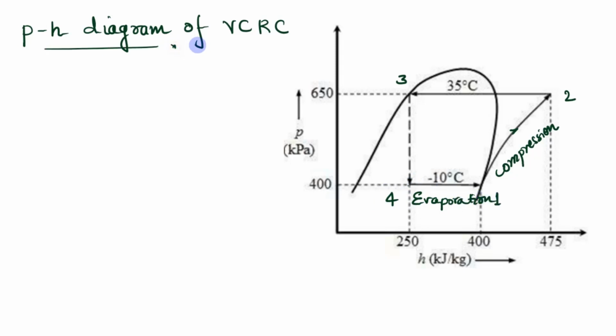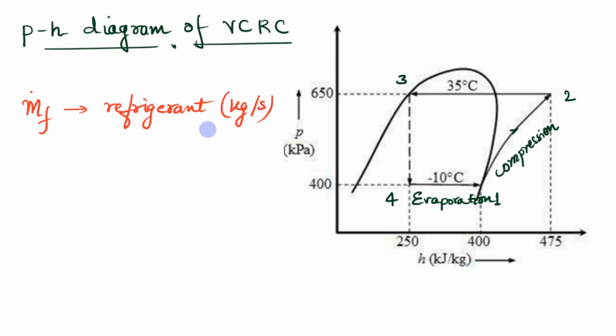So in this diagram, for the purpose of calculation, let's assume that mf is the mass flow rate of refrigerant. So let's say this is the mass of refrigerant and the unit is kg per second. Now cooling will always take place in evaporation. So let's write Pc for the cooling power of evaporation. It is the mass flow rate of refrigerant, mf dot, multiplied by the enthalpy difference of 4 and 1, so h1 minus h4. This will give the cooling power of evaporation.